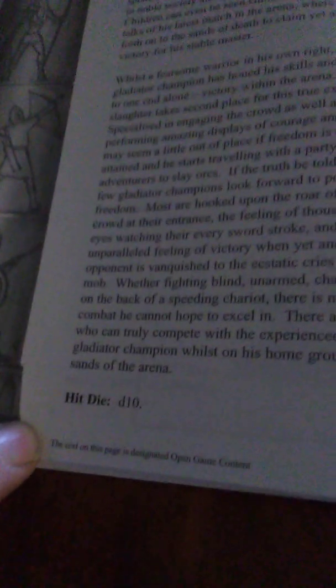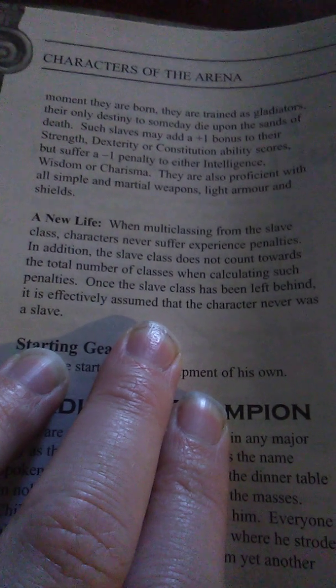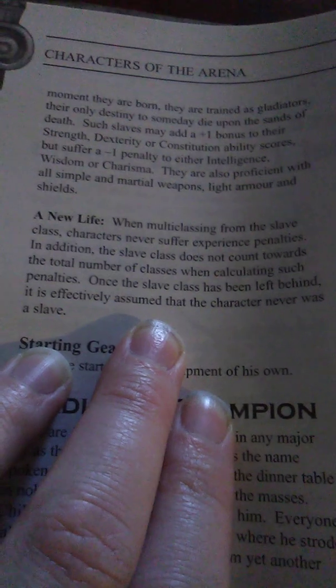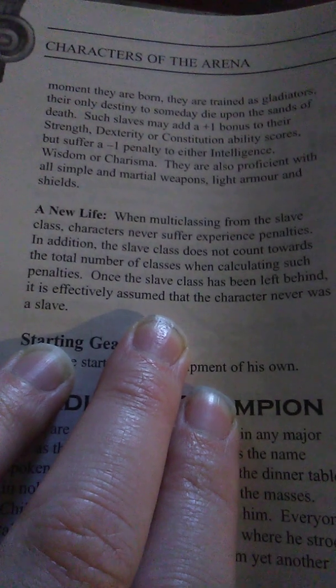All of the open game content is called out like this. There's a little footnote. "A New Life. When multi-classing from the slave class, characters never suffer experience penalties. In addition, the slave class does not count towards the total number of classes when calculating such penalties. Once the slave class has been left behind, it is effectively assumed that the character never was a slave." So,